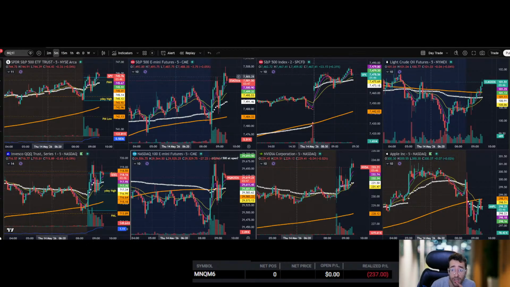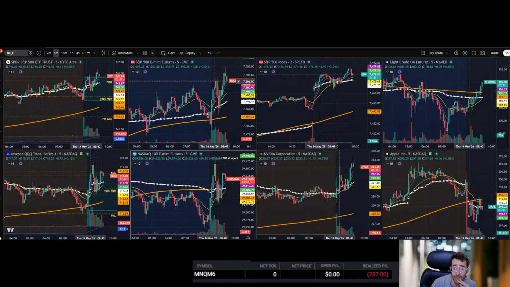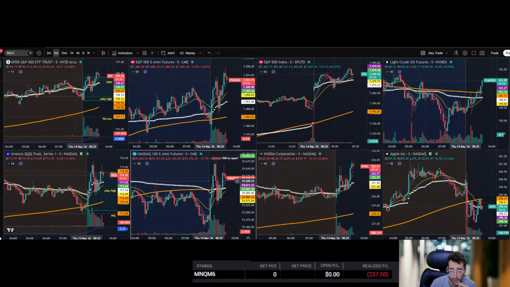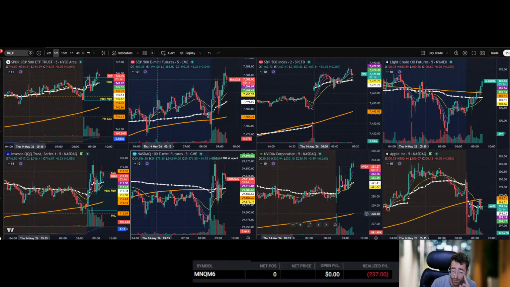We're retesting that 7,500 here. So if we hold that, that's not going to be good for shorts, right? That's why you don't want to. That's not an A plus setup, because we're above that 7,500. If we hold it, we're going to go back up. If this holds 600, we're going to go back up. But the candles have been showing differently today, so it's not a good trade to take. There's too many conflicting things.